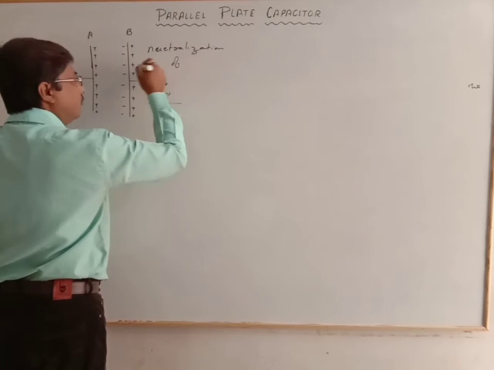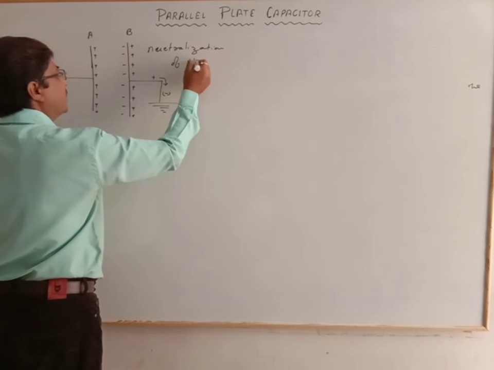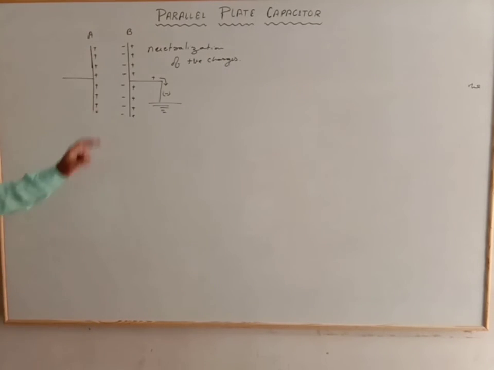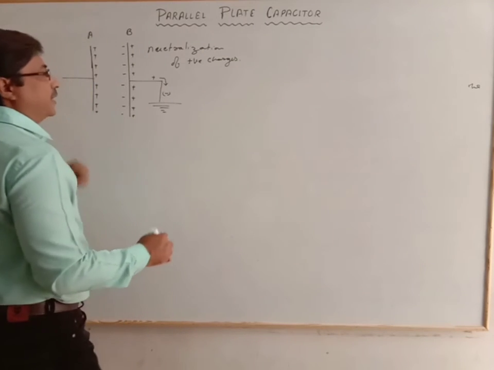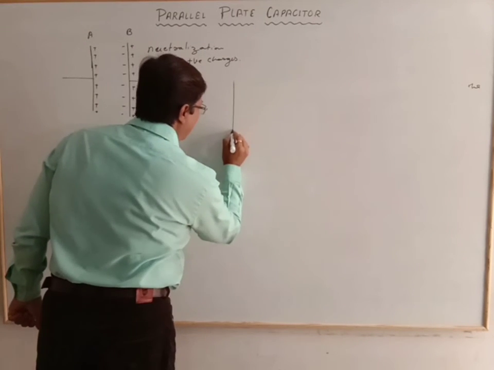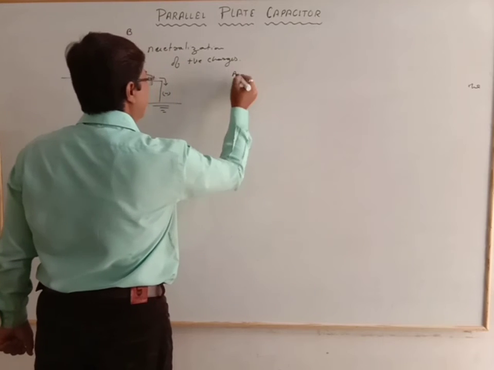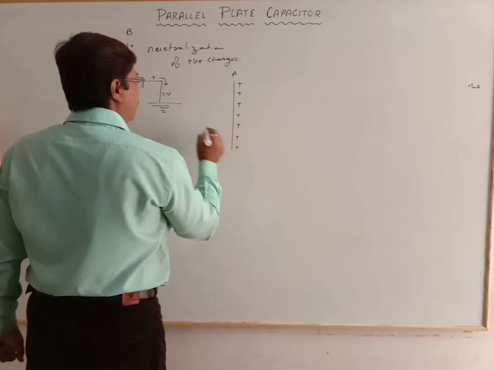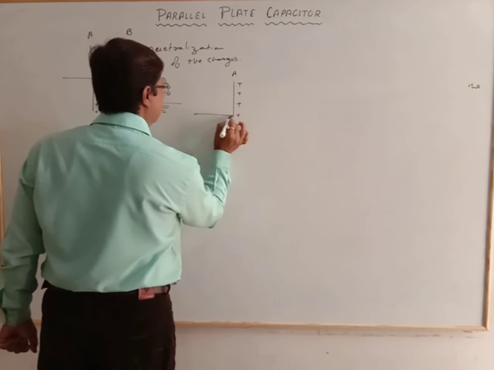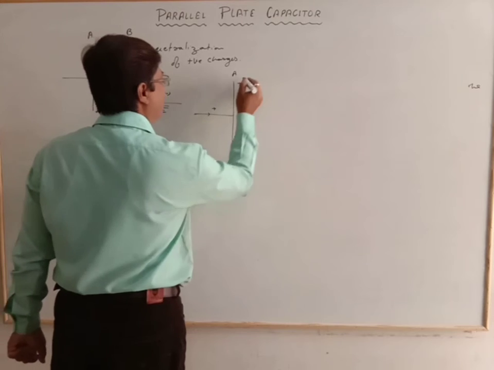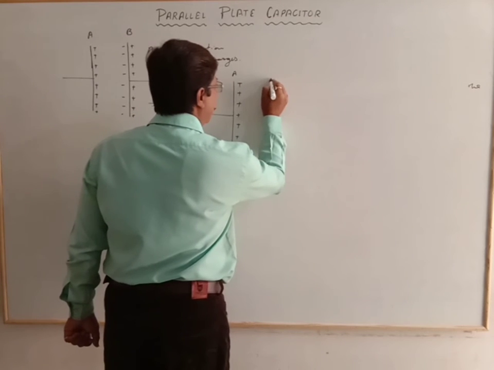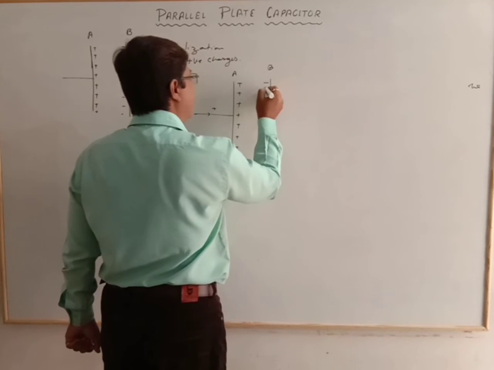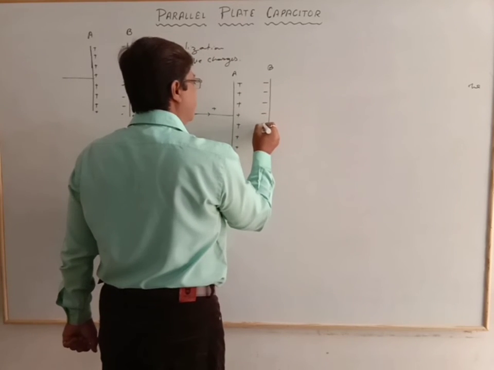Of charges, positive charges, and due to that one plate becomes the negative one. Plate A is the positive plate where the positive charge is supplied, and the nearby plate B, the supporting plate, is now completely negative due to the earth.